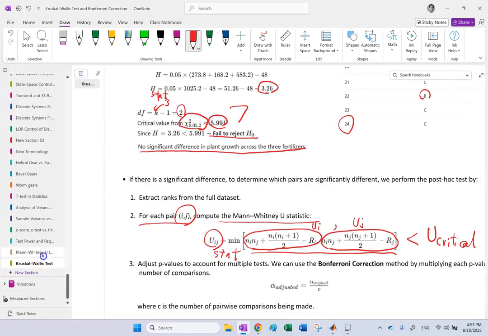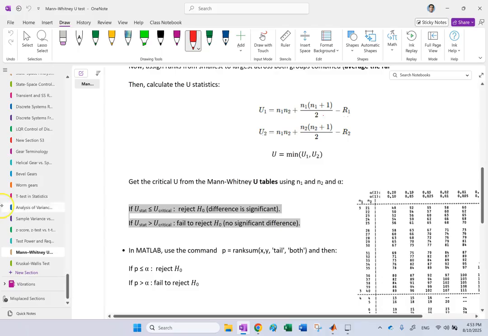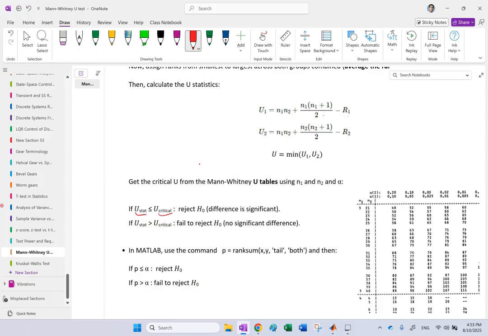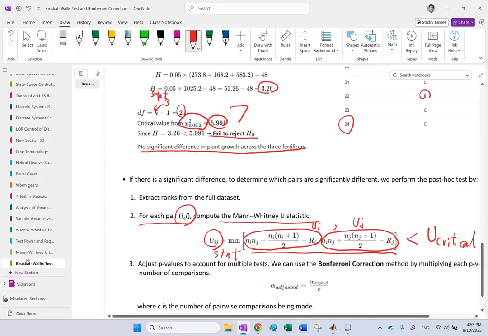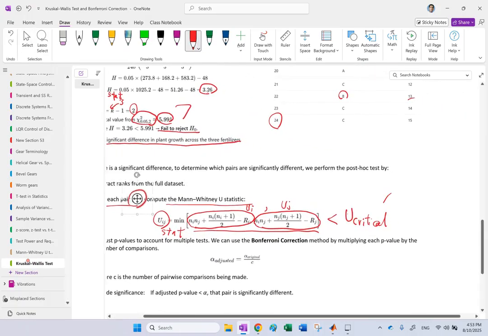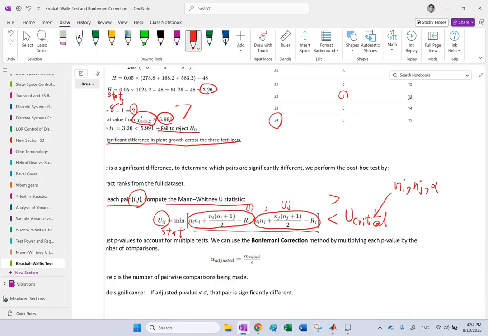If you look at my previous video where I talked about that, look. So I need U stat and I need U critical, and U critical, if you remember, needs 3 parameters: Ni, Nj, and alpha, right? So once I compare this against the U critical, which depends on Ni, Nj, and alpha, whether it's bigger than or less than or equal, I can make a conclusion whether groups I and J were